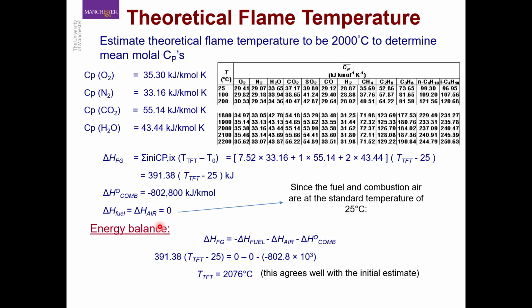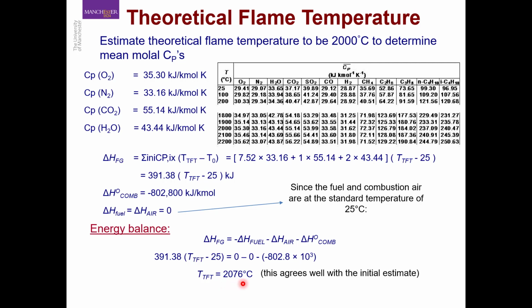And if you perform now an energy balance, the heat that is taken up by the flue gas should be equal to the enthalpy of the fuel minus the enthalpy of the air minus the standard heat of combustion. And if you put the values here, we can calculate the only unknown in this equation, that is the theoretical flame temperature,